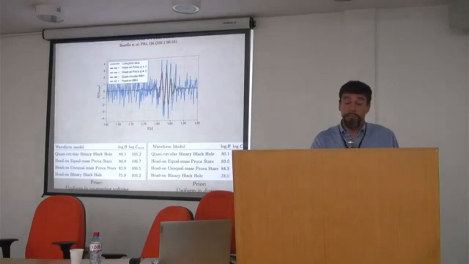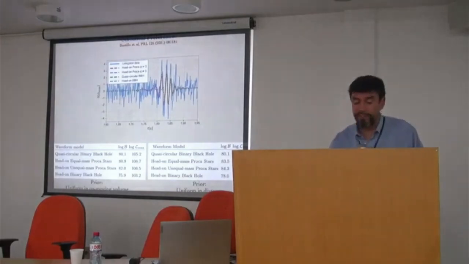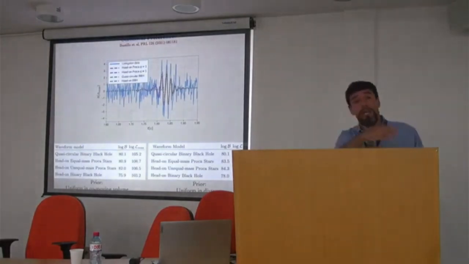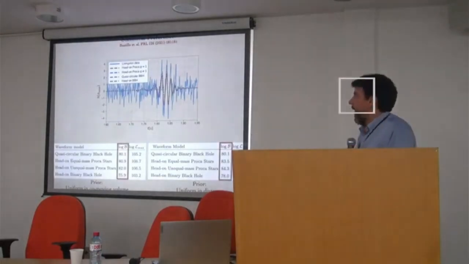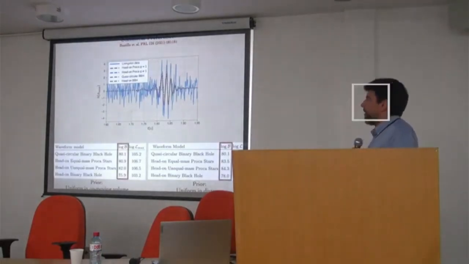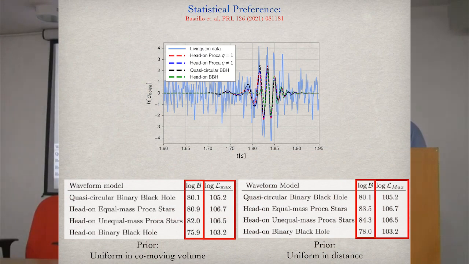So then Juan Calderón Bustillo, who also led or participated in the Bayesian analysis for the LIGO collaboration of this event, did a similar analysis with this other library of waveforms of these exotic compact objects to compare. And, well, there are some priors, some assumptions that you have to take into account, but the most important message is the following. So when you compare